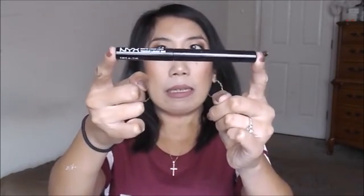Next is an eye product, and this is the eyeliner that I have been using throughout the whole month of October, and this is the NYX Ultra Matte Liquid Liner, and this is just in the shade black, I believe. This stuff is so amazing. It definitely dries matte and it applies so great. And I'll show you guys what the applicator looks like. It's a very thin brush, I'm not sure if it's a felt brush,